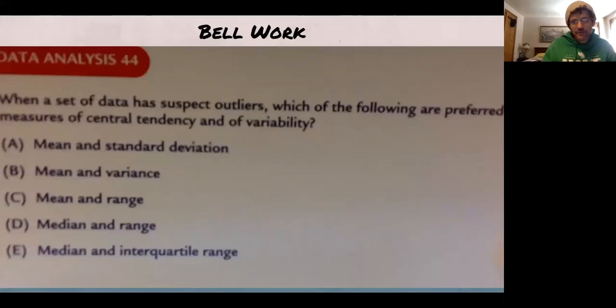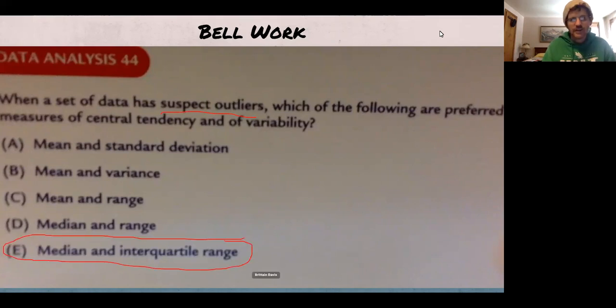One thing, this goes all the way back to Unit 1 with descriptive statistics. If you don't have unimodal symmetric data without outliers, so if any of those conditions aren't met, it's always best to use median and interquartile range. So in this particular case, it is suspected that we have outliers, it has suspect outliers. So in this case, even if everything else was looking good, it's best to use median